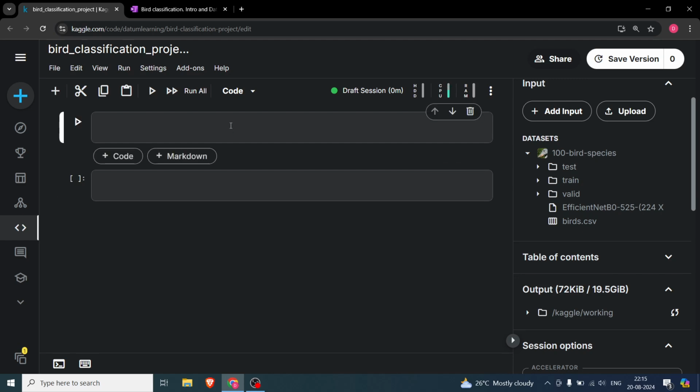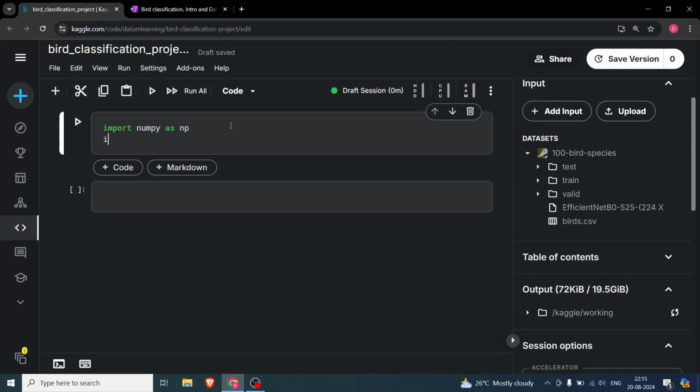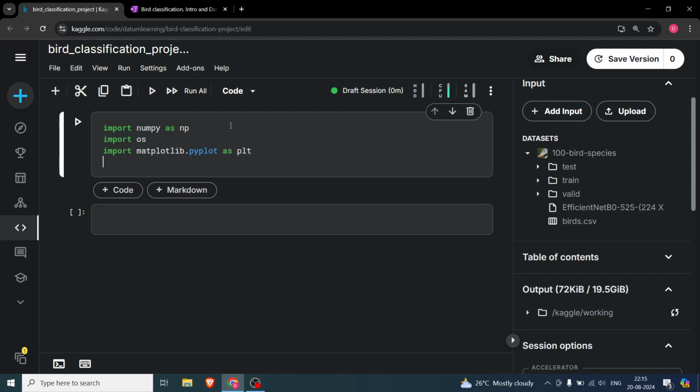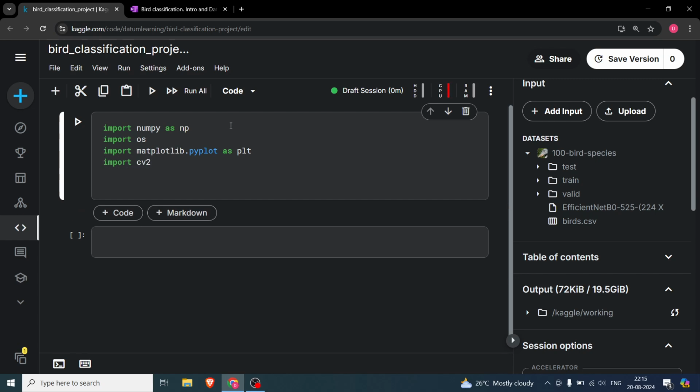So for that, let's do the basic import. For the basic import, we are going to have numpy as np. After that, we're going to have os. After that we need matplotlib. So I'm going to say import matplotlib.pyplot as plt. After that, I'm also going to have cv2 because I need to read and write certain images,